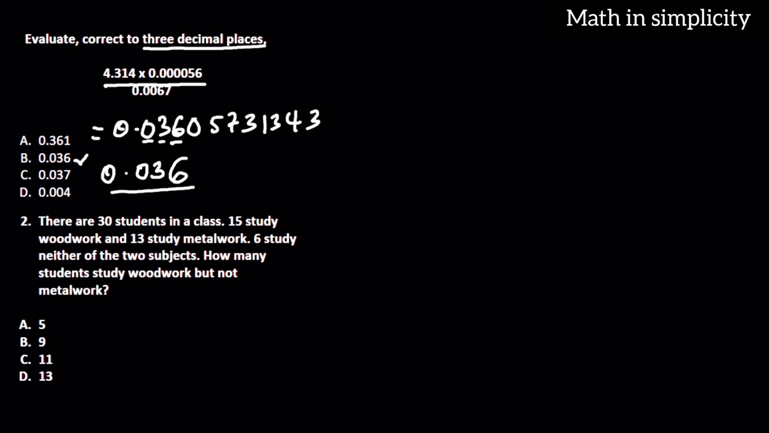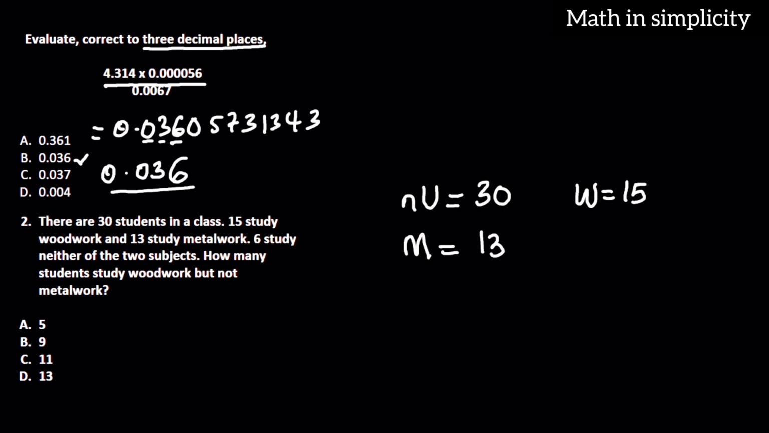But we can just simplify this by writing out the data given. So when they say there are 30 students in a class, it means the total number of students is 30, and that should be the universal set, right? Because it's the set that contains all the possible elements. So the number in the universal set is 30 students. 15 study woodwork, so let's represent woodwork as W. So 15 students study woodwork, and 13 study metalwork, so metalwork will be represented as M,